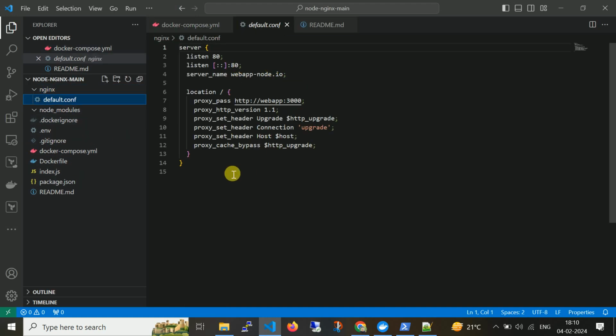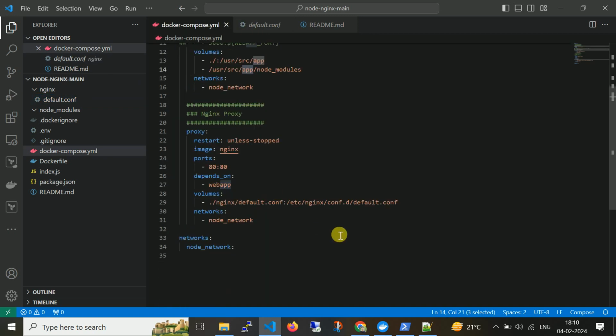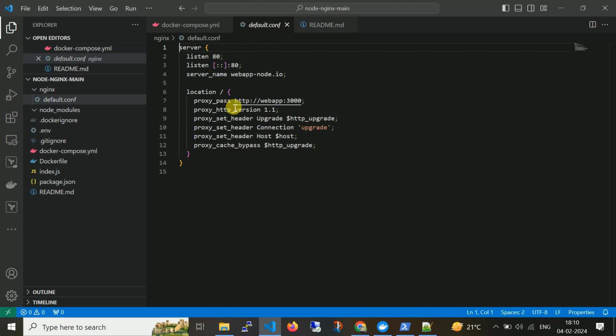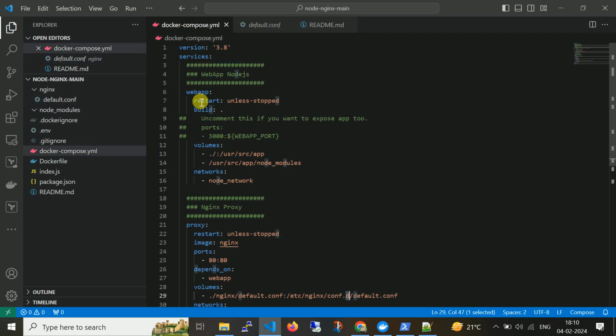This is the default.conf. It will automatically copy it to default.conf, where you can see port number 3000 is proxy passed with port 80. So when I run the application with the name web app, internally they use name based communication and access the web app container on port 80.